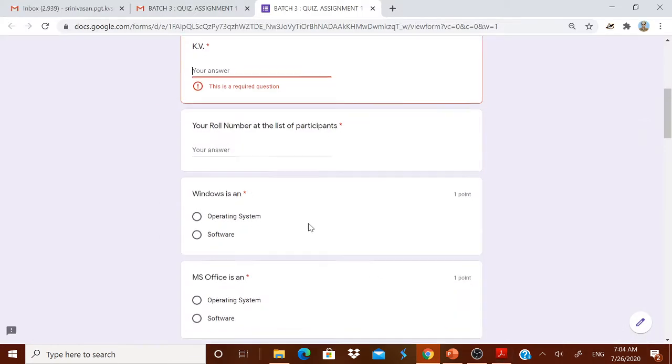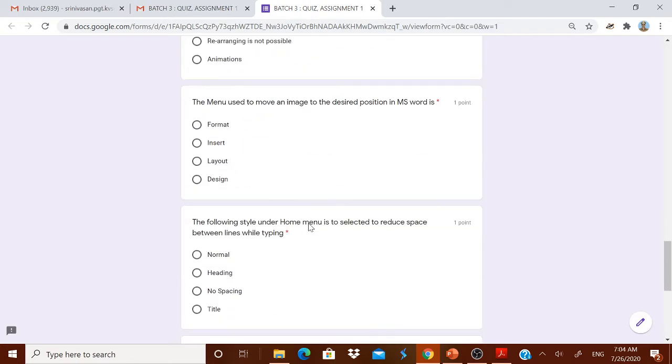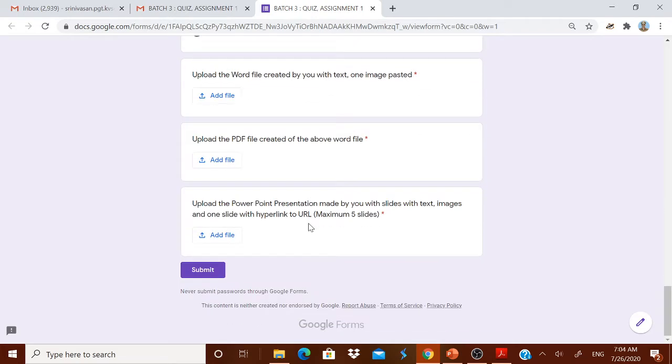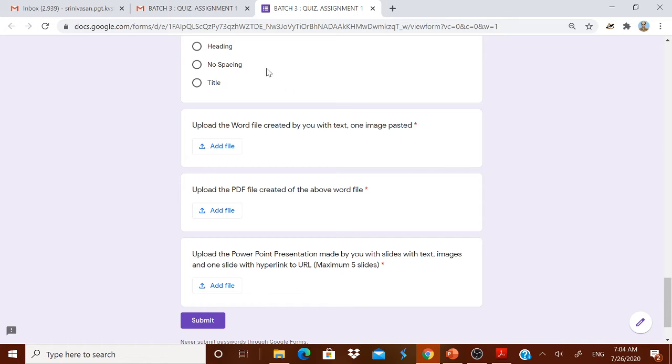Okay. Then answer all these questions. After these quizzes are answered, you have to do some assignments. The assignments may be in the form of attaching files or giving the URL link for the file. Now let me tell you how you have to attach the file. Here, after all the 10 questions are answered, these 3 assignments you have to present compulsorily.